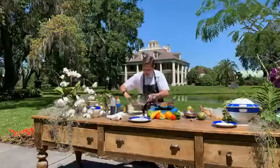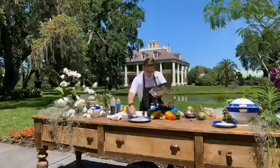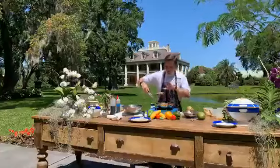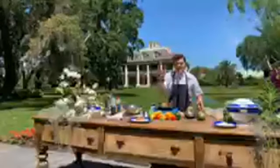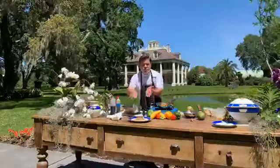Let's go ahead and smear this remoulade sauce on. We are then going to put our crab cake, which again, we just sauteed. Look how beautiful that is. We sauteed it real quickly on each side just to get some good color, and just to heat everything through. There's no raw egg or anything like that in here, so we just want to warm up